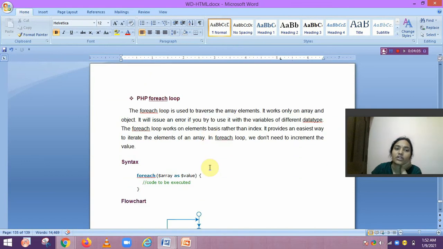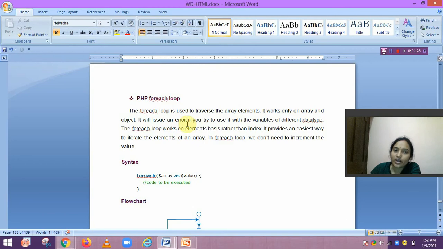Next one is the PHP foreach loop. This concept also we did not read before. This was introduced in PHP. Okay. The PHP foreach loop is used to traverse the array elements. It works only on arrays and objects.